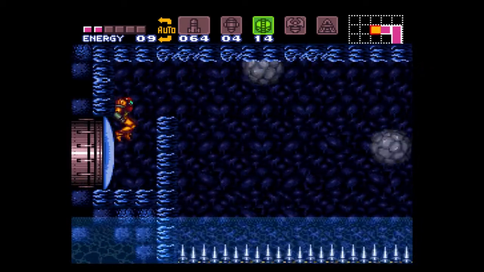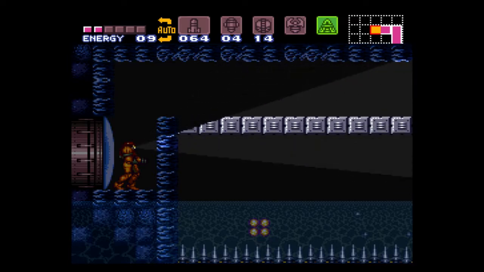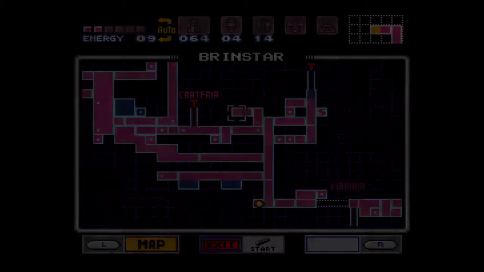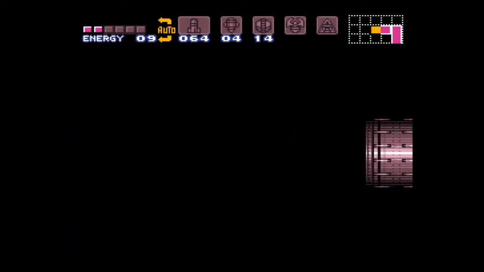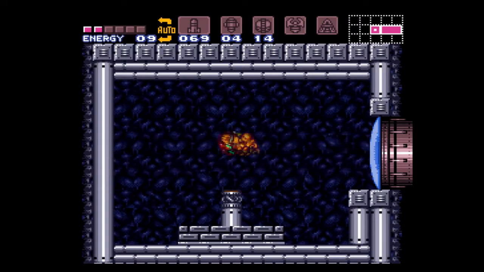Yep. Invisible floors. And if you think the X-ray scope shows you that it's there, that's good. Still, it's not very obvious. I don't believe there's invisible platforms like this anywhere else in the game. Anyway, our reward is 1 missile, which is to say 5 missiles. Which is to say, it's actually 2 missiles because...